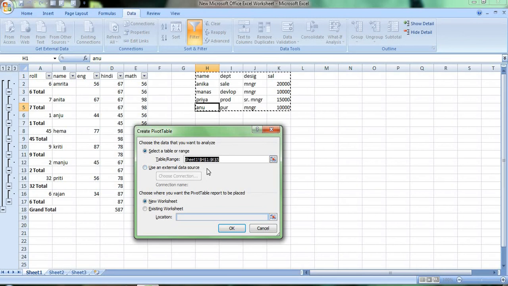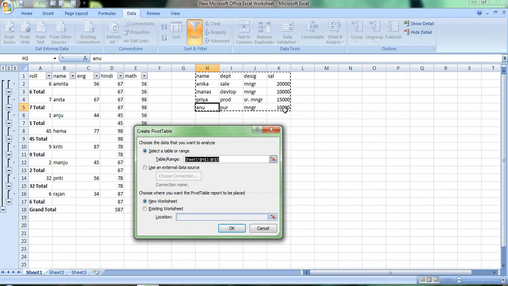It is present in sheet 1, it is $H and $1. H means this H here. I have to fix this table. How is it fixed? I will write dollar, I'll write H, it is starting from H and row 1. So I'll fix this $H$1. I just fix the row as well as the column.